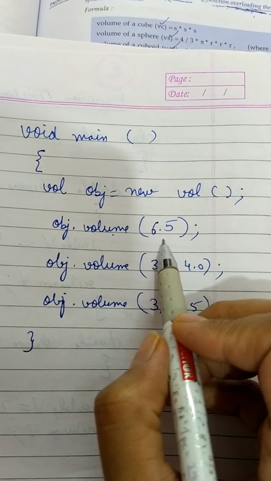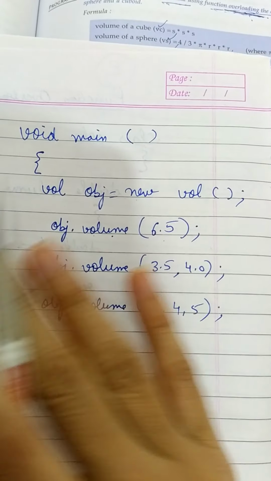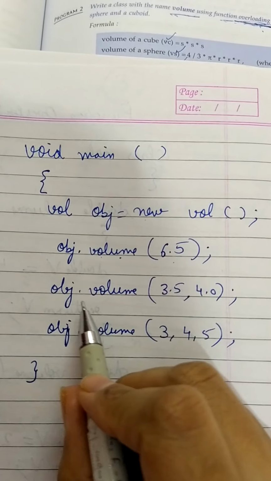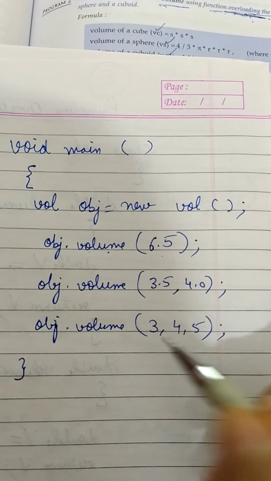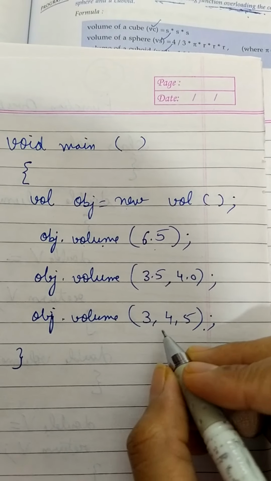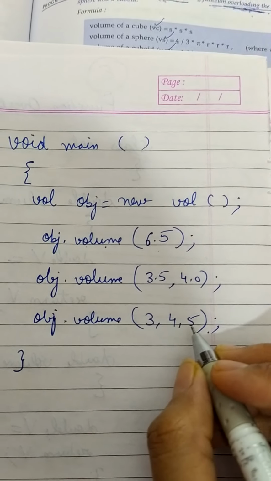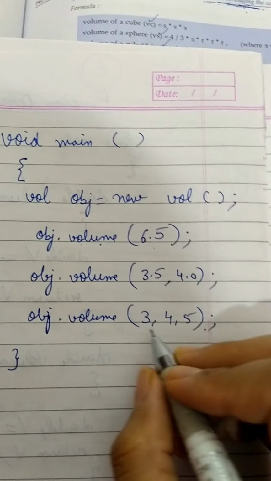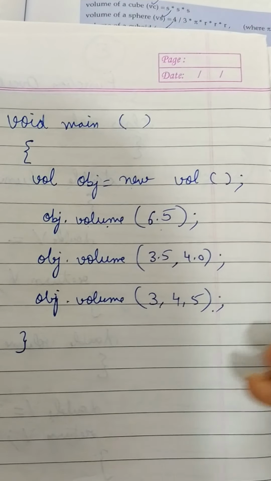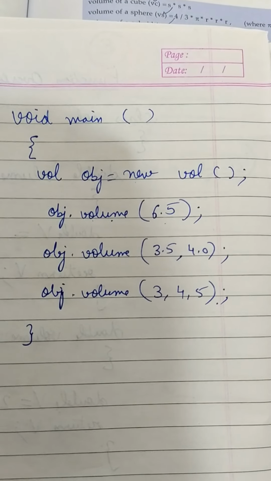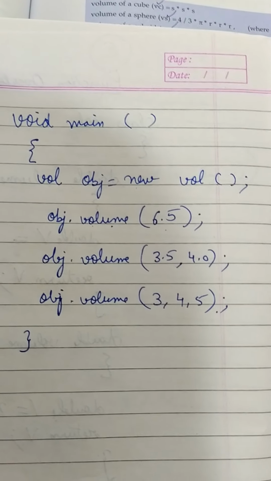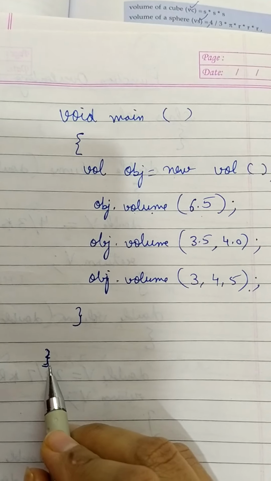Now I am passing one argument, so of these three volume methods that I have made, which one will it go to? It will go to the first one, where there is one argument. Okay. Now obj dot volume with 2 arguments I am passing, so it will go to the second function. Here 3 arguments I am passing, it will go to the third function. Now you can see here I have just taken 3, 4, 5, but the double data type is written there. So it hardly matters, girls. It will take 3 as 3.0, 4 as 4.0, 5 as 5.0. It will implicitly convert this data type into double. Is it okay? Then close the main method and close the class.